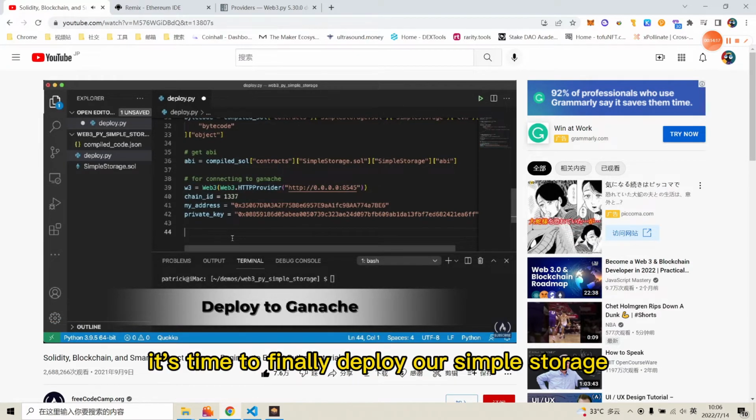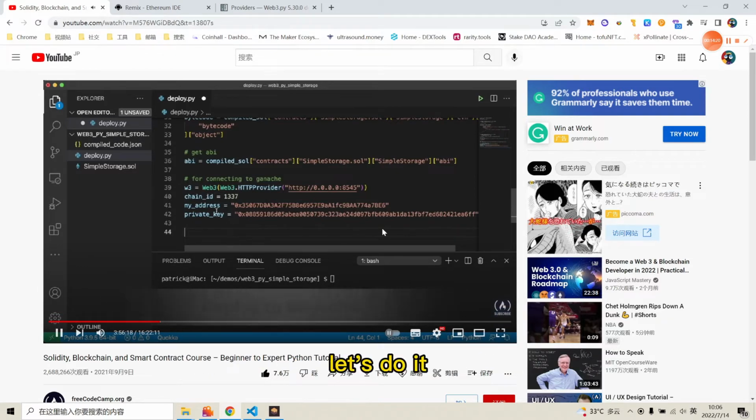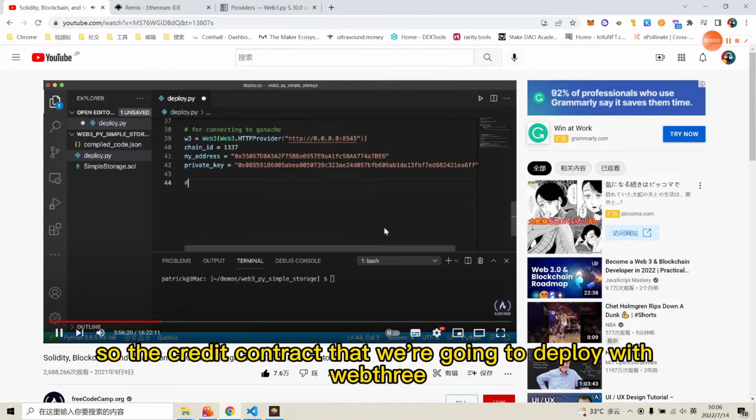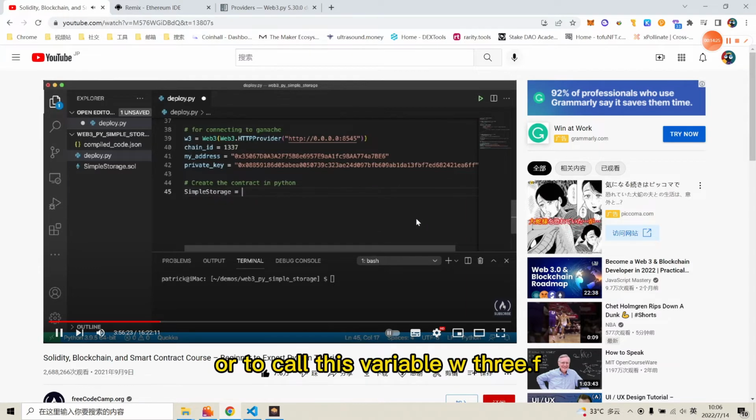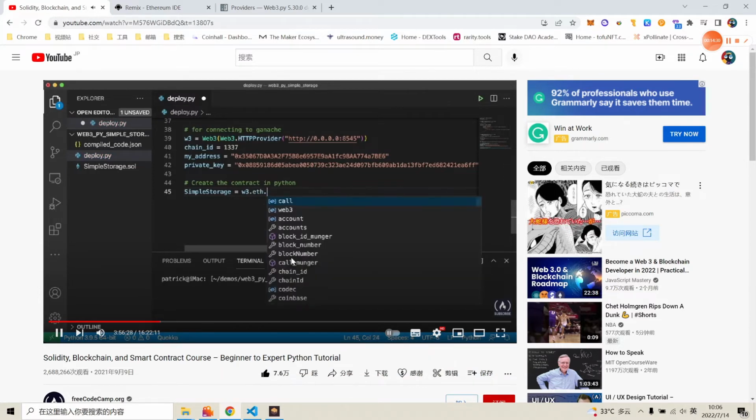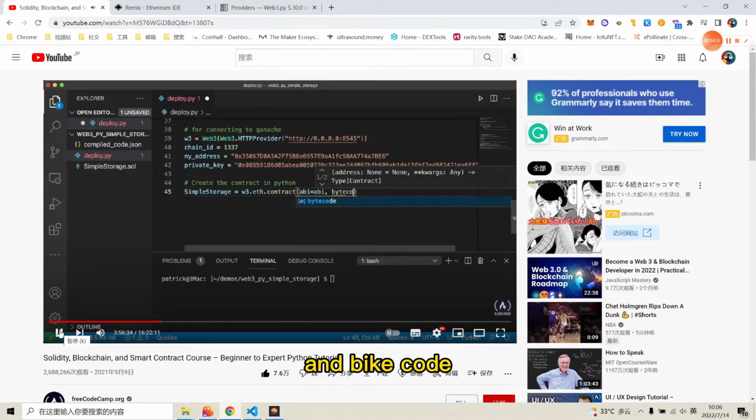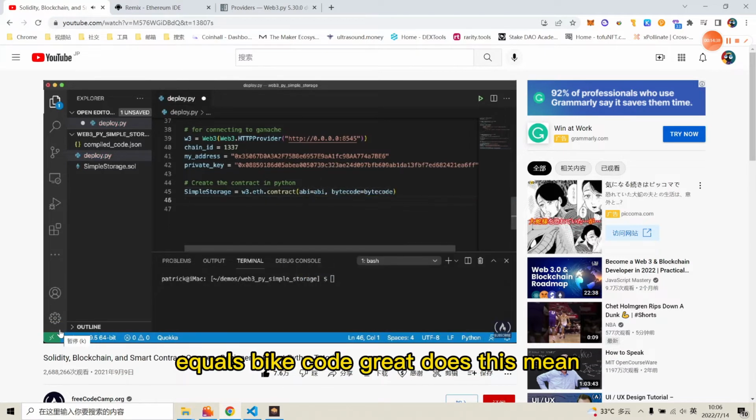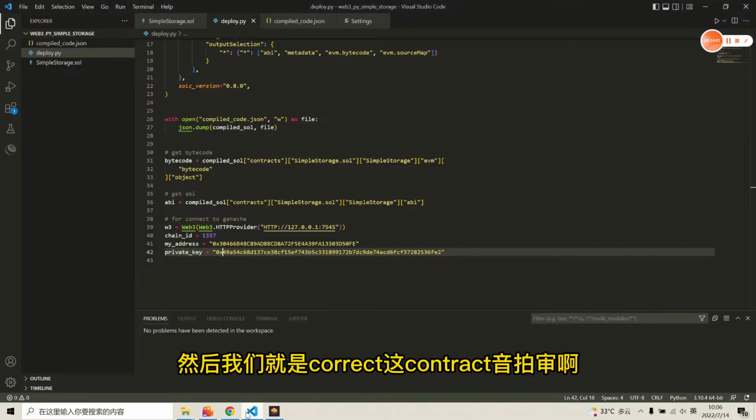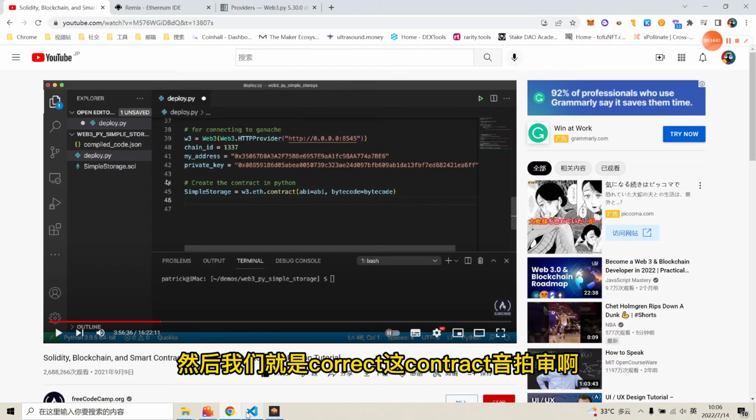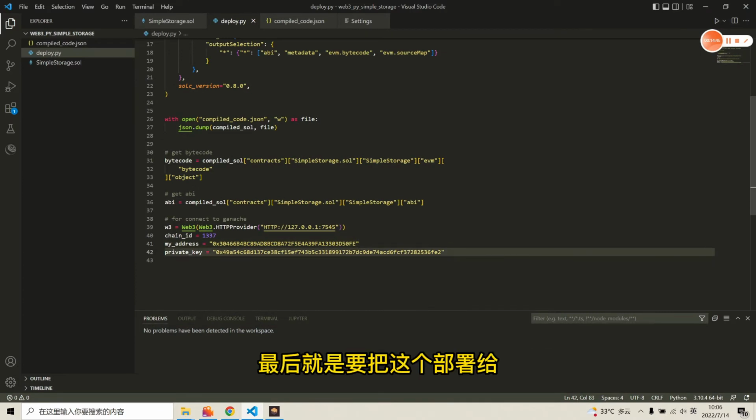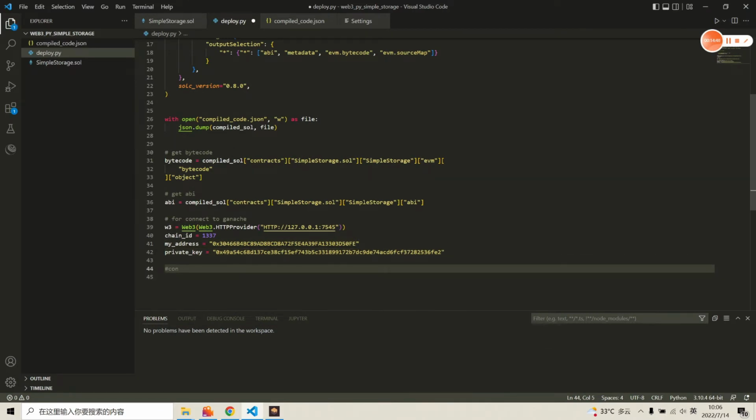It's time to finally deploy our SimpleStorage.sol contract. Let's do it. So to create a contract that we're going to deploy with web3.py, we're going to do SimpleStorage. We're going to call this variable w3.eth.contract. And we're going to give it abi equals abi and bytecode equals bytecode. Great. 然后我们就是 create the contract in Python，最后就是要把这个部署。